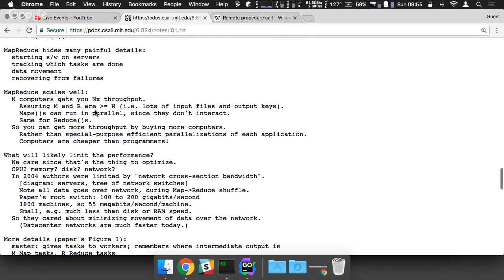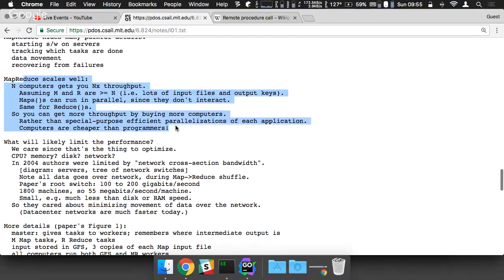Yep. MapReduce scales well. N computers get you big O of N throughput. I might be using big O wrong there. Assuming M and R are greater than or equal to N, your number of maps and reduces are bigger than the number of computers you got. Scales well for that case. Maps can run in parallel since they don't interact with each other. Same for reduces. Yep. So you can get more throughput by buying more computers, rather than special purpose efficient parallelizations